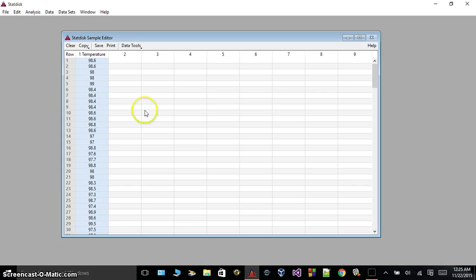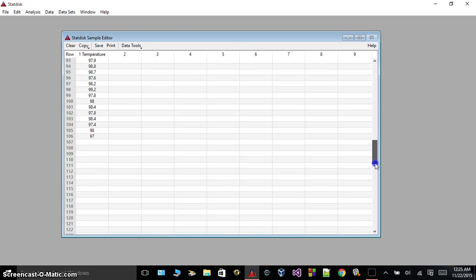So as you can see here, I have a set of data in column 1 labeled temperature that has temperatures of different individuals, and we'll see how many values there are. There are 106 values. And an outlier, as you probably know, is a value that doesn't match up to all of the other values. So in other words, a value that is very far away from the average mean of other values, or from the extreme high or extreme low of a specific set or group of values within your